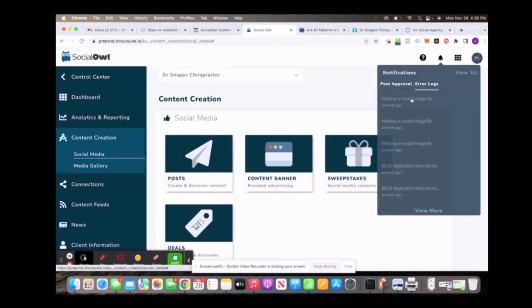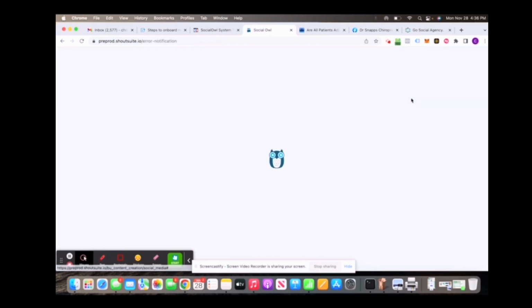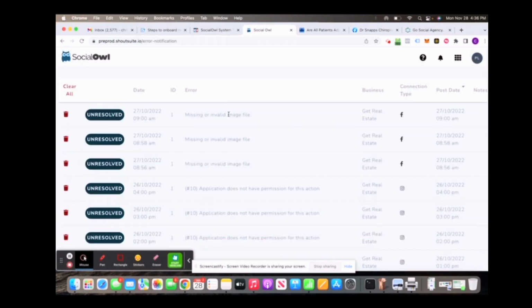Sometimes it's not our software, it could be an improper image size or something like that, or it could just be a problem with Facebook or Instagram at that specific time. But what we try to do is show you the errors in the error log,